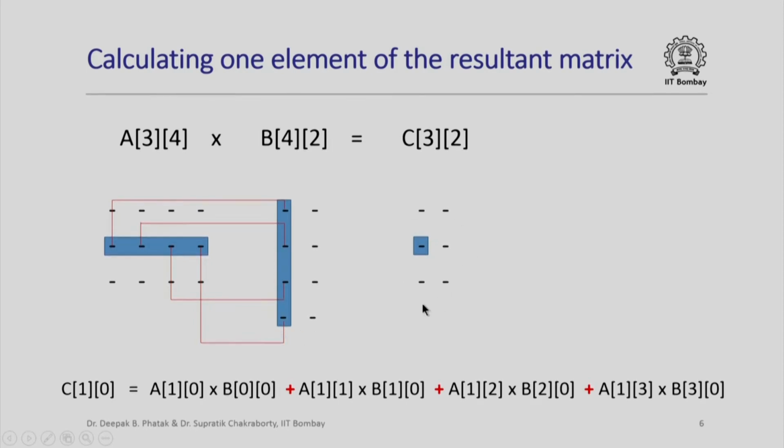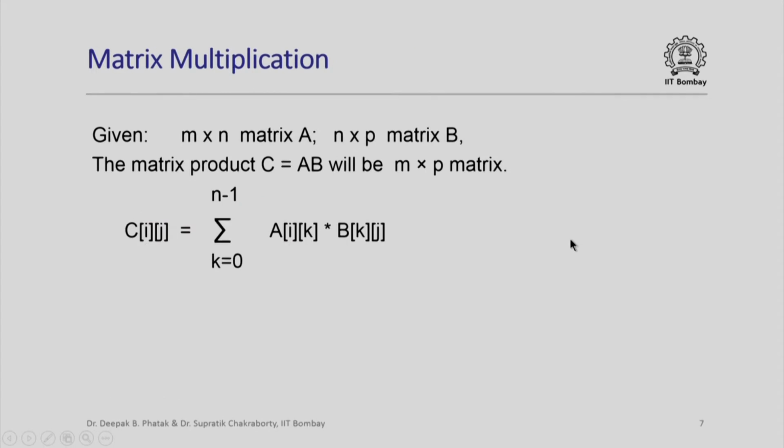So, notice that while the matrix multiplication operation is involved, logically it is very simple. If I want to calculate the ith row jth column element of C, I need to multiply all elements of ith row of A with the corresponding elements of jth column of B and find the sum that will give me this element. Having equipped myself with this, I can now formulate the matrix multiplication problem.